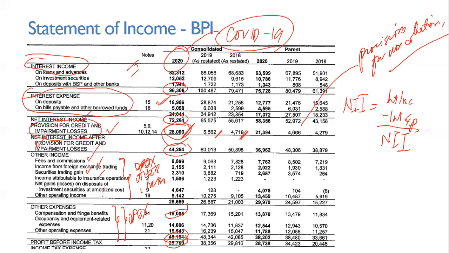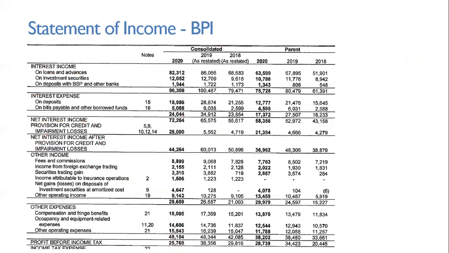So income tax expense, and then net income, then earnings per share. What follows that, I cut off because it would be too small if I included them. But essentially, that's what the statement of income of BPI looks like. So given that the financial statements of a bank are so different from regular companies, or normal merchandising or manufacturing companies, how will we adjust our financial statement analysis?